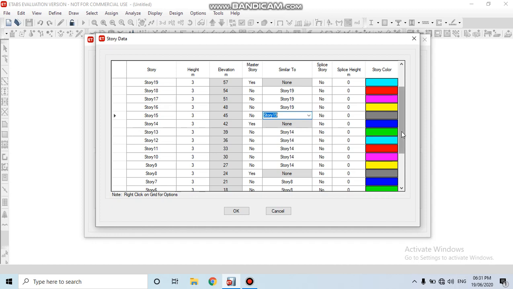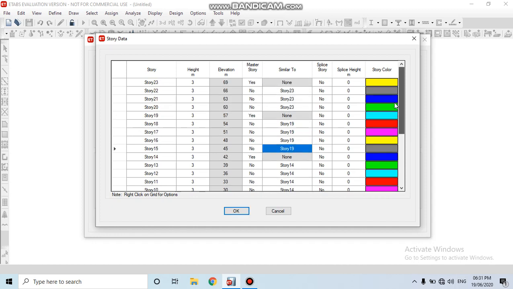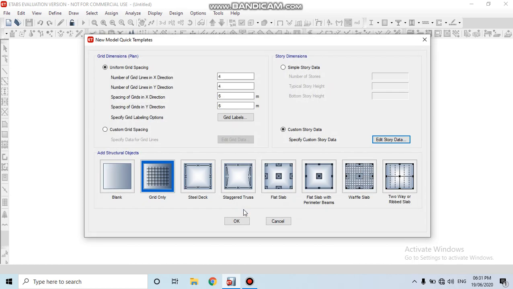And again set the stories from 20 to 23. Here we can see that the master story is similar to story 20. It was set by default already.